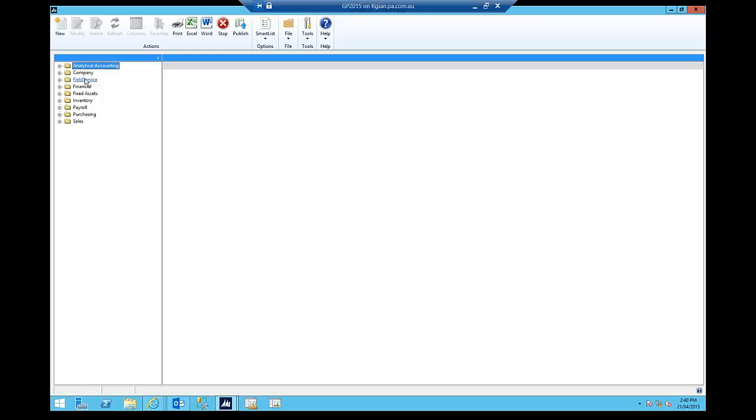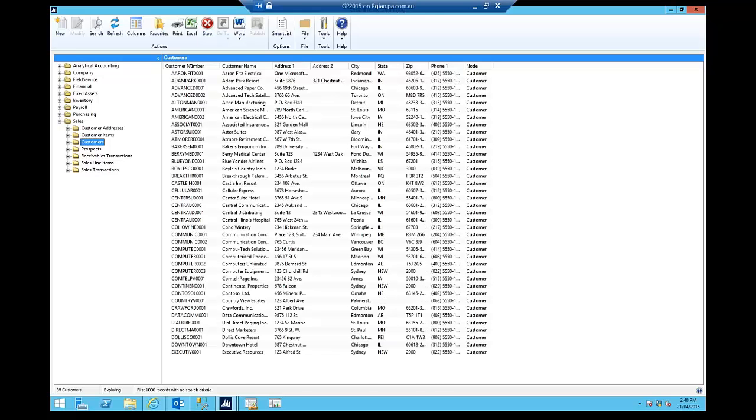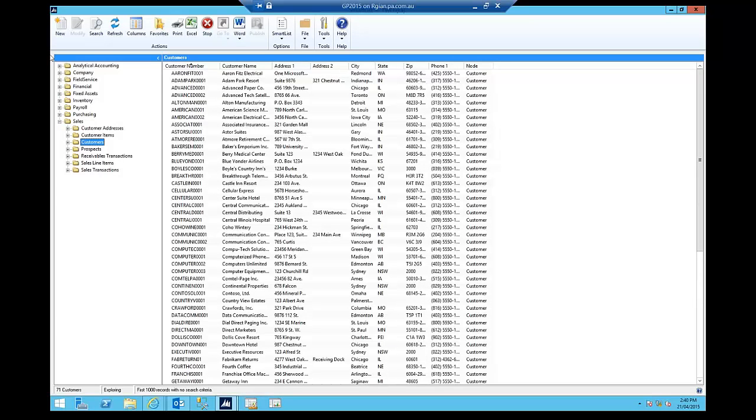I have all my smart lists on the left here, and all the functionality there is pretty stock standard. So I can come in here and do a list of customers and search and filter and so forth. But one of the things they've added is obviously the ability with Smart List Designer in the latest release. So in the 2013 R2 version, they started introducing the Smart List Designer, which is the ability to build the smart list yourself. In the past, prior to 2013 R2, you would have needed a third-party add-on product to do this, whereas now this is native to Smart List,